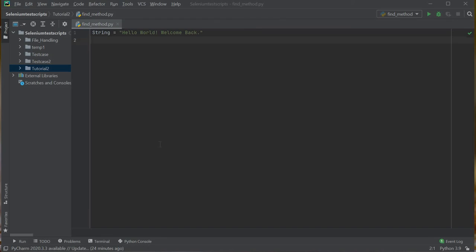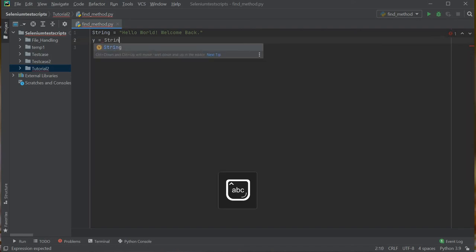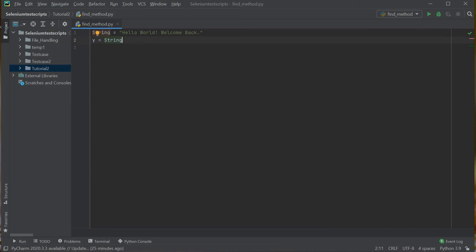Okay, so in this video we are going to use the count method inside a string. Let's say we have a string which is "hello all, welcome back". Count is used to count the number of times a particular value occurred in a particular string. So let's say I'm using a new variable to save that particular value. As I want to find inside the string which is defined here, string dot count, and inside the